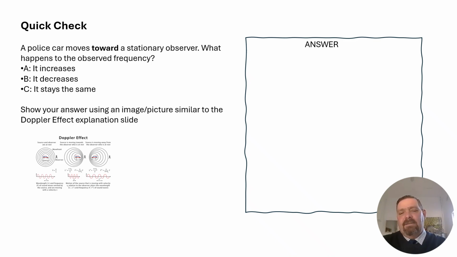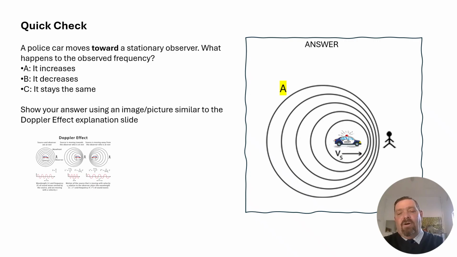We're getting this. Wow, guys, that was fast. Okay, thanks for paying attention. That's great stuff. All right, there we go. The correct answer is A. The observer is listening to a police car in this case that is coming closer. You don't have to draw a police car. You can just make a little dot for the source. We just put the police car in there because it looks prettier.